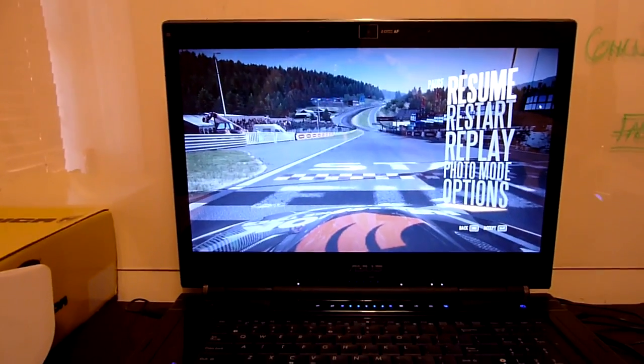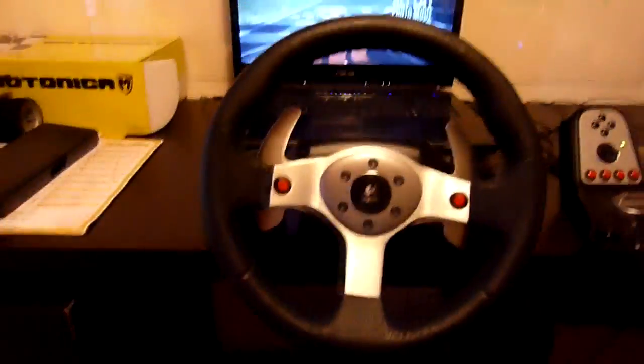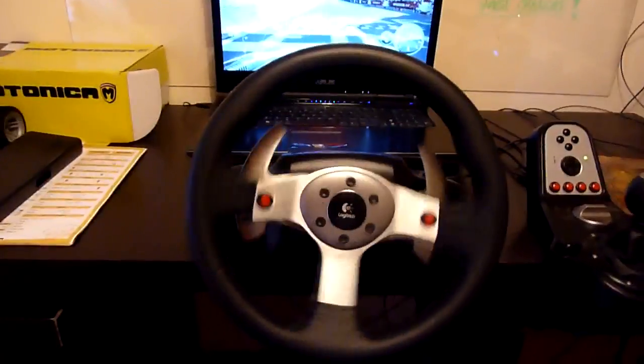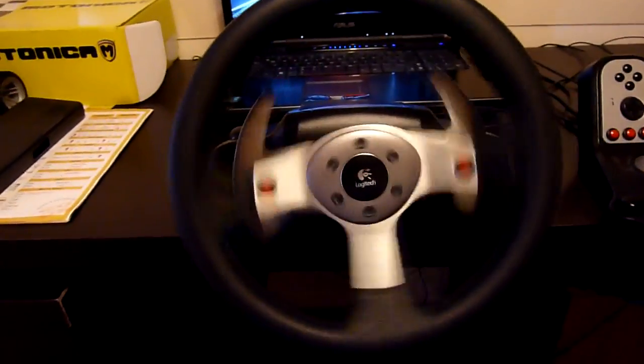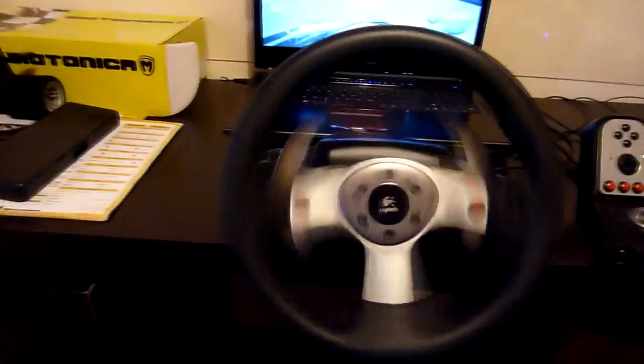Alright guys, I got the game set up here on Need for Speed Shift, and it's the first one, so I'm going to show you how the wheel reacts. So we'll play her here and see what happens. As you see, the wheel is straight away moving and I'm in neutral. So if I go into, let's go second gear to start off. Let's go first and accelerate. The wheel itself vibrates. I go into third,